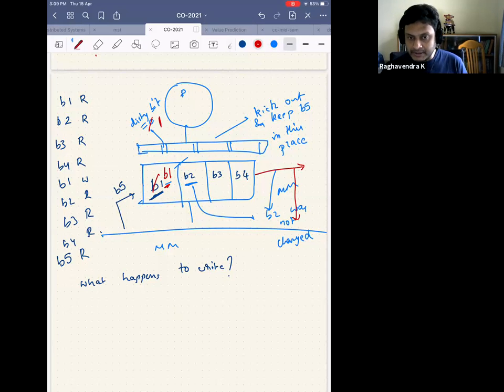How many of you have understood till here? Please answer the poll. If you haven't understood, please ask me questions. I am assuming, since we already discussed this, you might already know it. Okay, everybody is okay. So I see the dirty bit: if it is 1, I write it back to the main memory; if it is 0, I don't. I am assuming till now everything is crystal clear. So I will ask you a question: is there any drawback with this design?